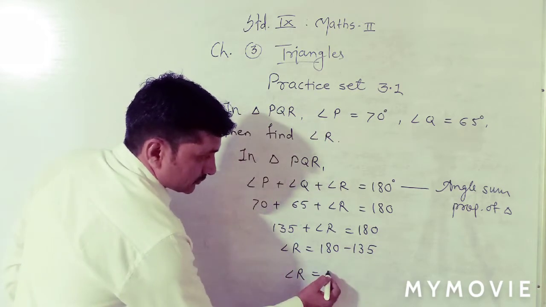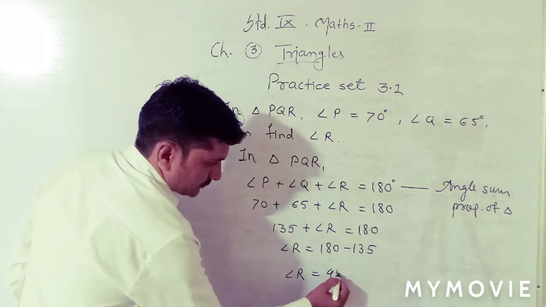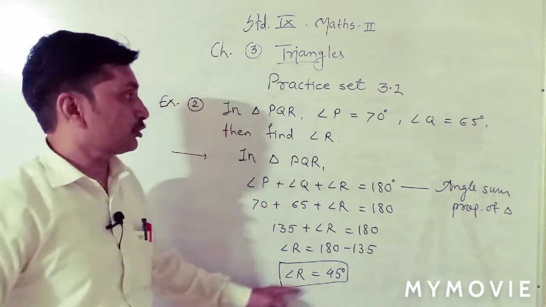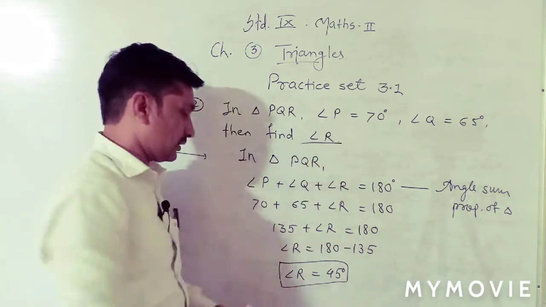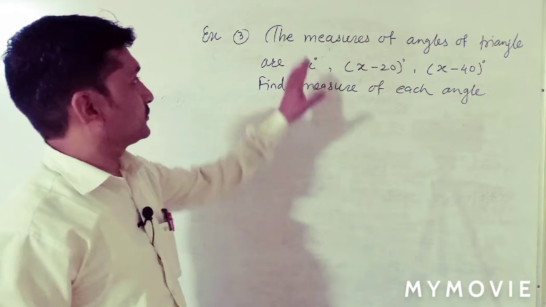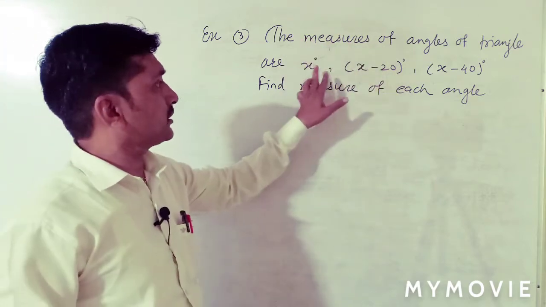now here 45. We got the third angle R as 45. Example number 3. The measures of the angles of a triangle are x,